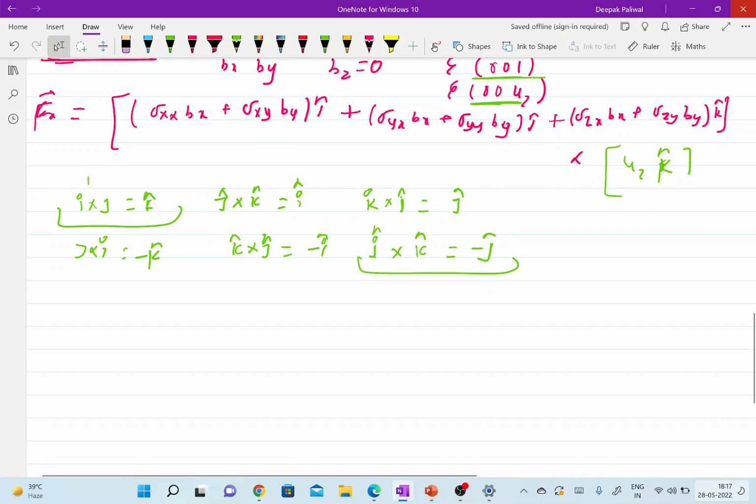Now I am doing the cross product. Fx, like use it multiplied by this one. Okay, so I cross k, that will be your minus j k. So minus,